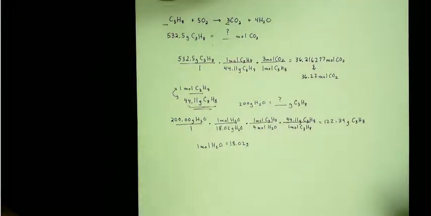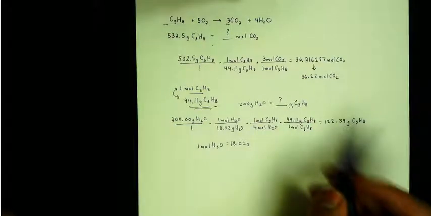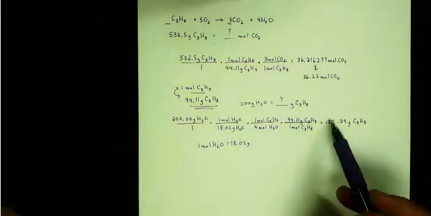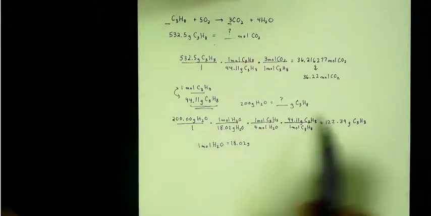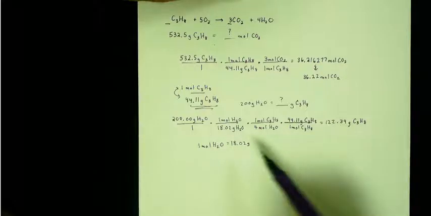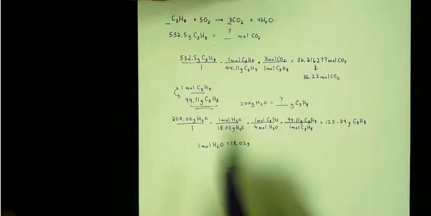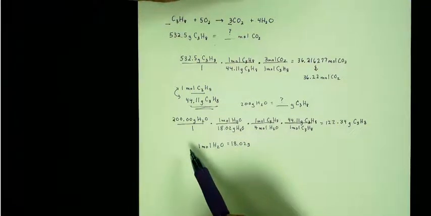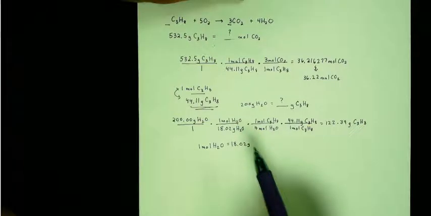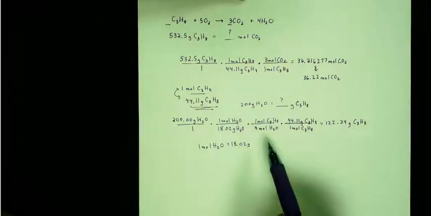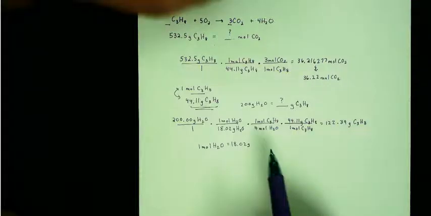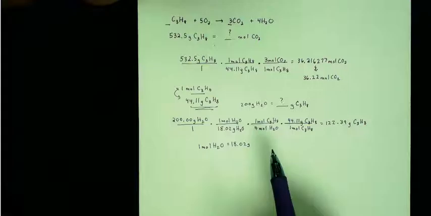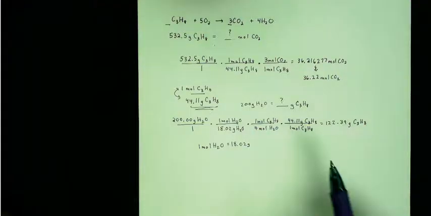Your homework is going to have you doing all sorts of different stuff, going from grams to moles up here like we did, going from grams to grams on many problems, going from moles to grams perhaps, and going from one reactant to another reactant. How much reactant are you going to need to consume the other one? Other problems will have you taking a reactant and then predicting how much product you're going to make. It's going to vary from problem to problem. There are a whole range of types of problems you can do with these because there's a whole range of